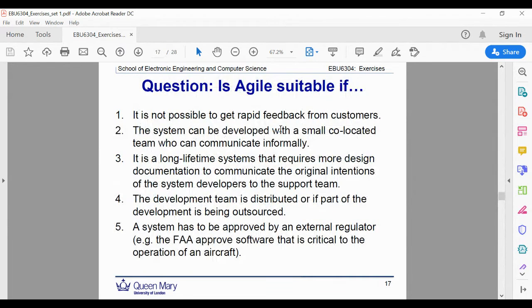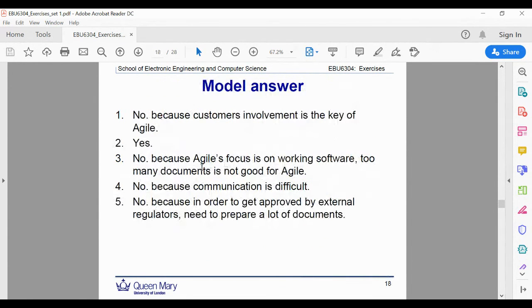Number two, as we say, yeah, it's an ideal situation. Number three, no, because Agile focuses on the working software. Too many documents, or too much time spent on that, is not ideal. Number four, as I mentioned,